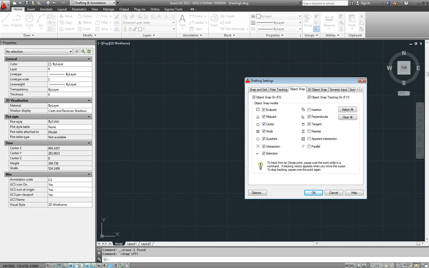node. Node is a point. You can actually draw a point in a drawing. It doesn't print, but it's accessible by this object snap. Quadrant, the compass points of a circle. Intersection of two lines. Extension, not so much, but if a line is not actually touching but extends and it